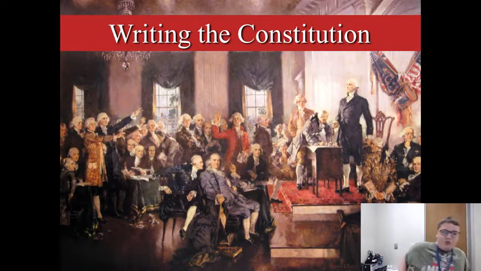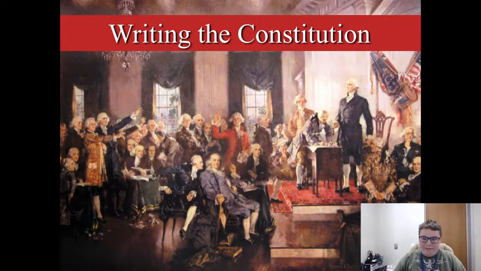Soon after the delegates from the 13 colonies signed the Declaration of Independence, they began to tackle the daunting task of creating a new national government. The first attempt, the Articles of Confederation, preserved state sovereignty at the cost of a weak central government that soon demonstrated its inability to function effectively.